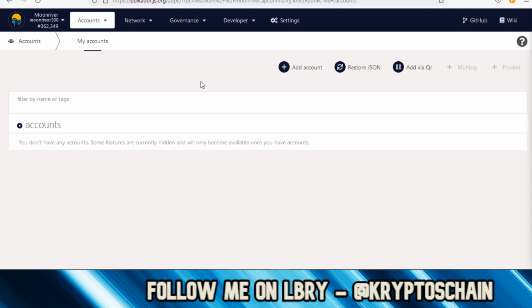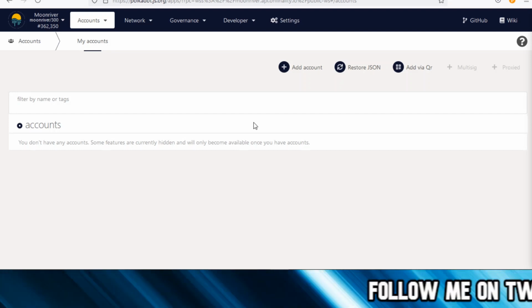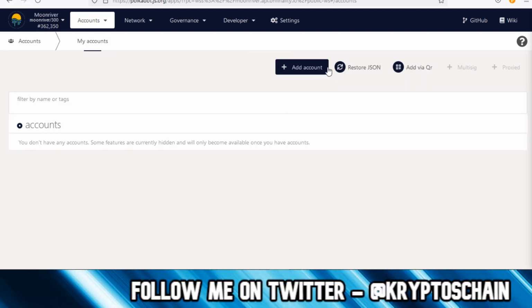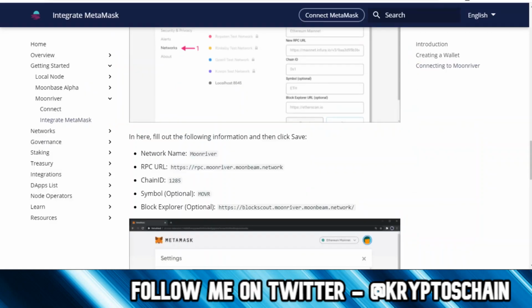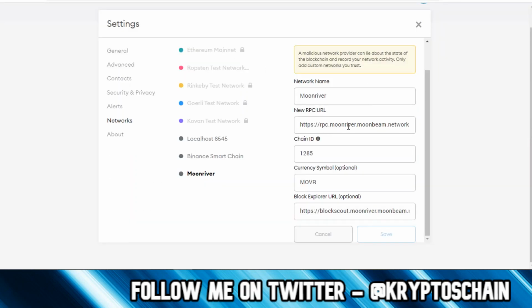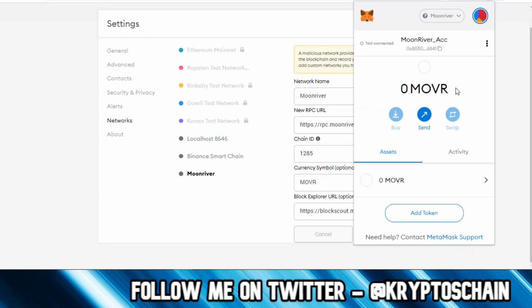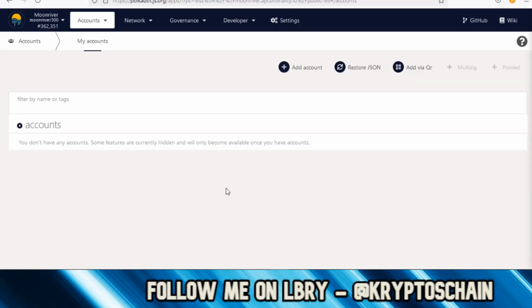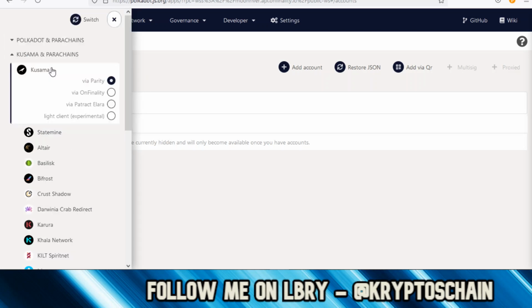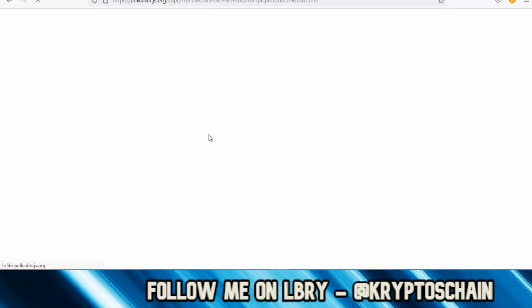That may be a bit complicated for some people, because there are a lot of steps involved. If you're not familiar with how all these wallets work, it may seem confusing. But to keep things short, just follow the steps in this tutorial and add your Moonriver account on MetaMask. You'll be able to see your Moonriver tokens when you get them, as long as this is the public address that you've associated with your Kusama public address,